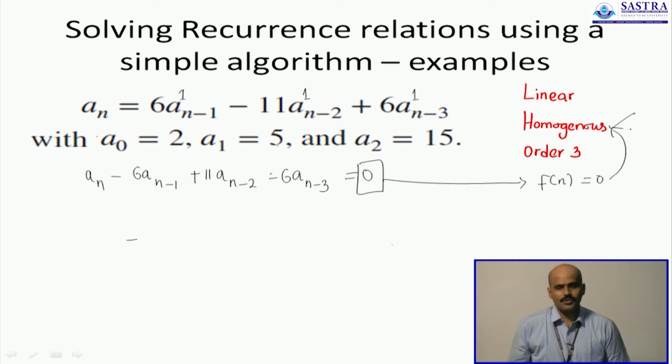Further, we can also deduce that the order of this recurrence relation is 3. And how is it very obvious? Point number 1, when you rearrange the terms of the recurrence relation, the last index ends with n minus 3. That is the biggest clue that the given recurrence relation is of order 3. Further, you see that a n depends on 3 consecutive terms which are earlier present in the sequence. Therefore, it is still a recurrence relation of order 3.